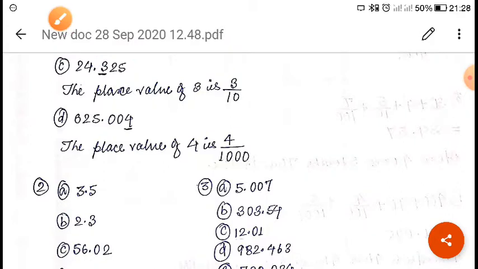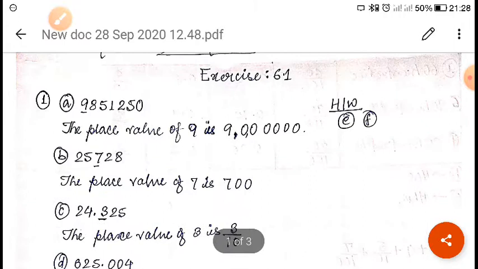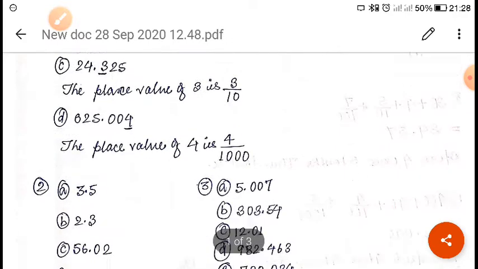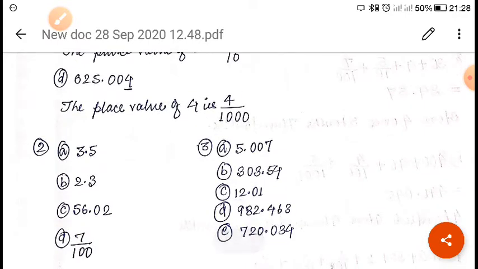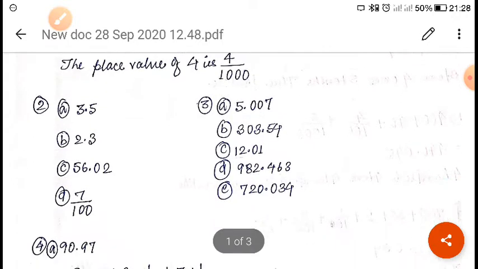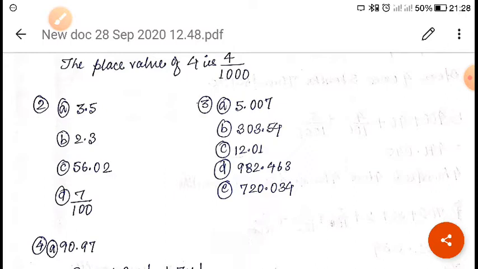Now next, I have given you some homework, which is question number E and F. So try to do it at home, okay, and send it in the mathematics group. Now the next question is filling the blanks. So for filling the blanks, you can easily do it, it has been written